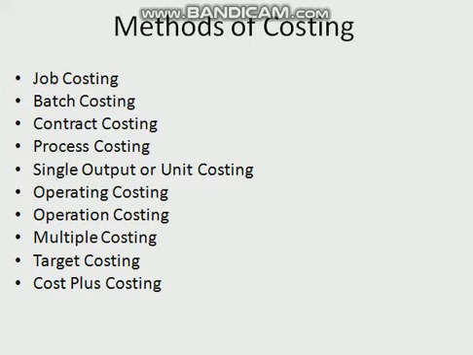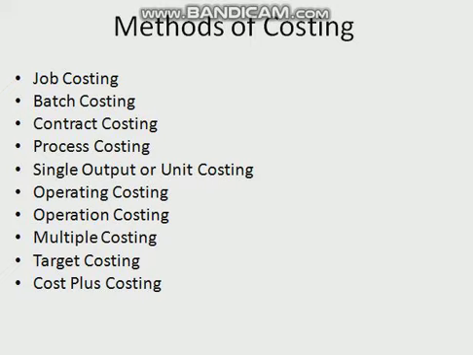Third, or we can say fourth method is batch costing. Batch costing is a modified form of job costing. In this method, the cost of a batch or a group of identical products is ascertained, and therefore each batch of product is a unit of cost for which costs are accumulated. This method of costing is used in the production of pharmaceuticals or drug products, ready-made garments, radios, television sets, watches, shoes, toys, bicycle parts, etc.